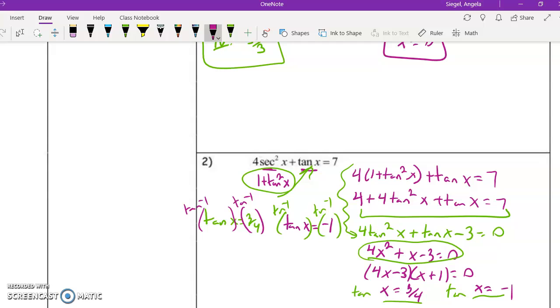And so I'm left with x equals tangent inverse of 3/4 and x equals tangent inverse of -1. So this one I know is on my unit circle. So I guess we can just start there. So think about tangent